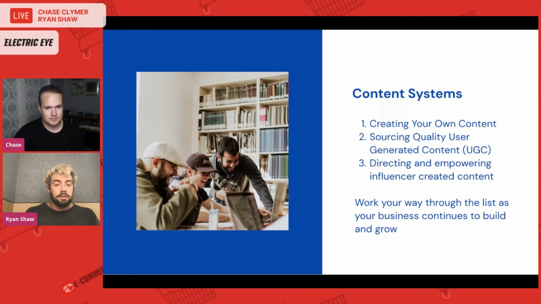And then the next thing down is directing and empowering influencer-created content. This is especially useful the further you get into your Facebook and Instagram ads journey, to run in coordination with one another. So having an influencer campaign running at the same time where you're using creative from that same influencer works double the fold on getting sales and driving people to your website, because you've got people hitting in the middle of the funnel that have visited that person's Instagram page, your Instagram page.